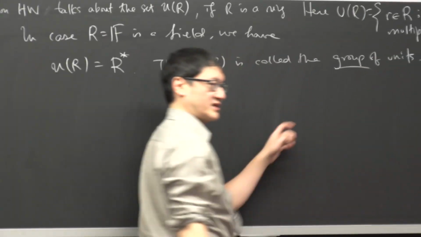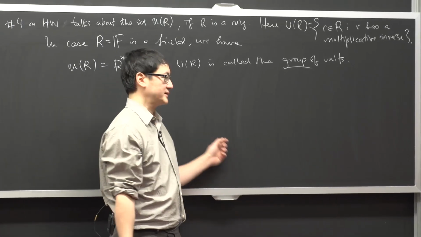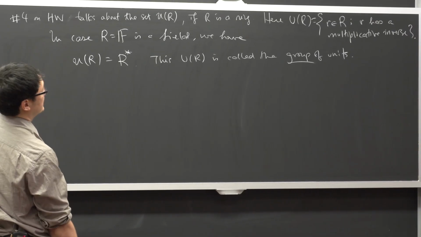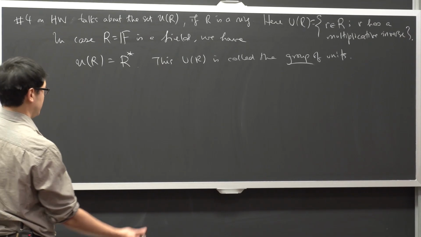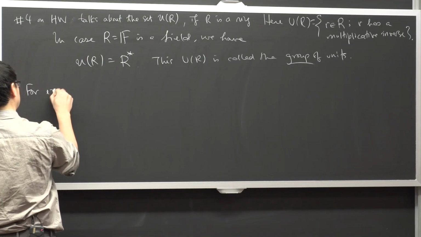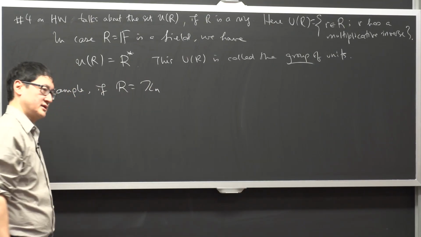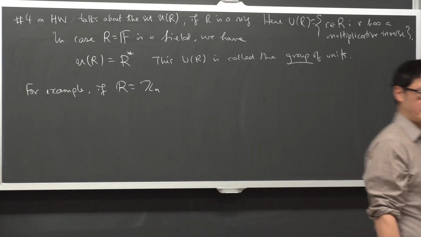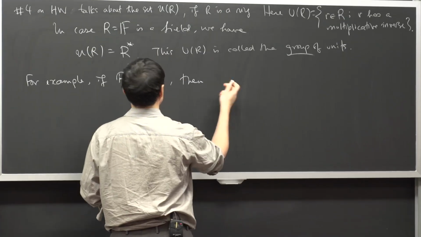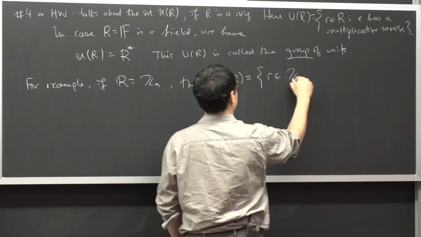Now we have not shown that it is a group yet, but that's the content of number 4 on the homework. You have to show that it's an abelian group. But in certain cases, you have to actually compute. So for example, if R is equal to Zn, and here n may not be prime, then U of R is equal to the set of all elements in Zn